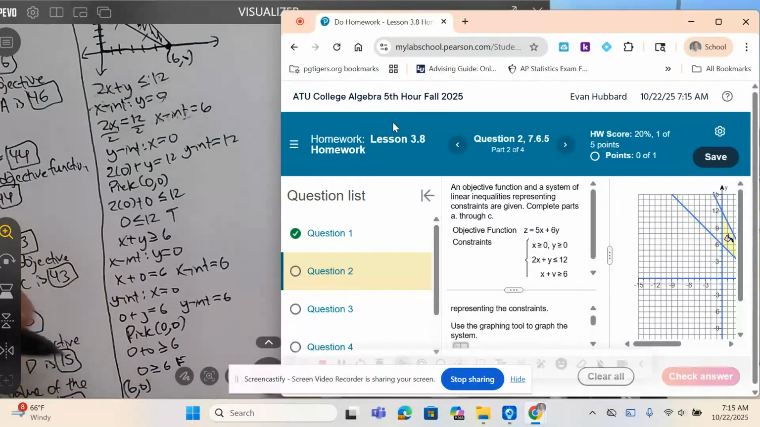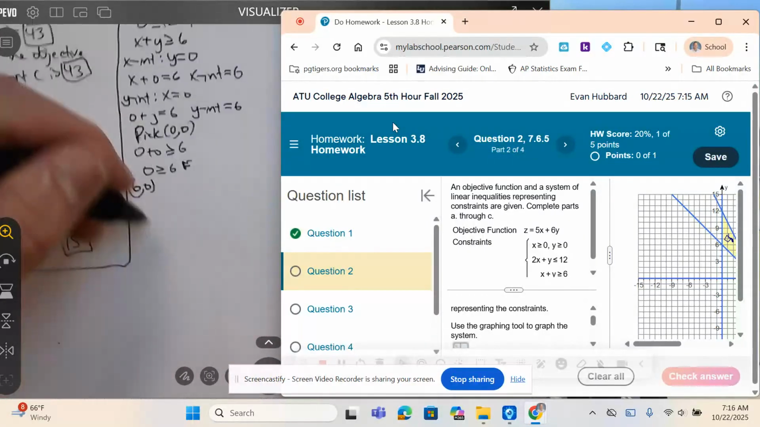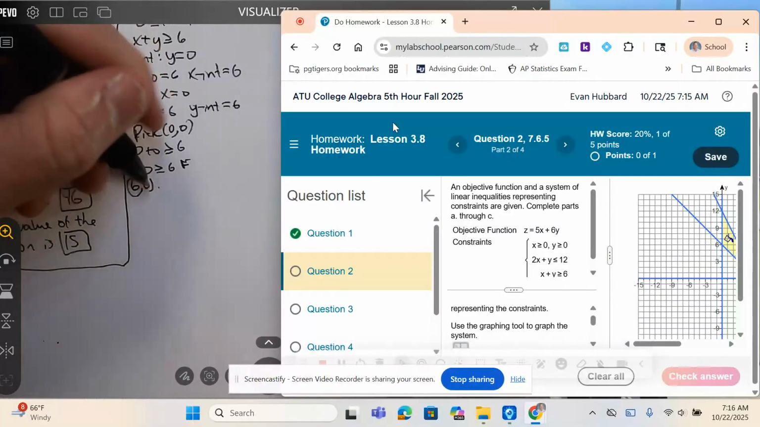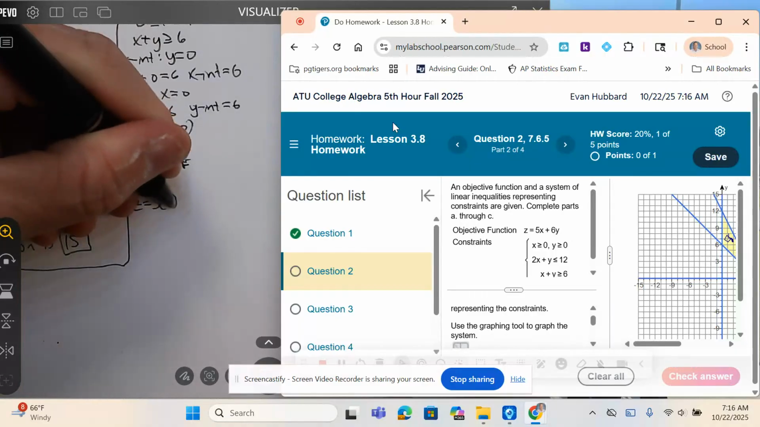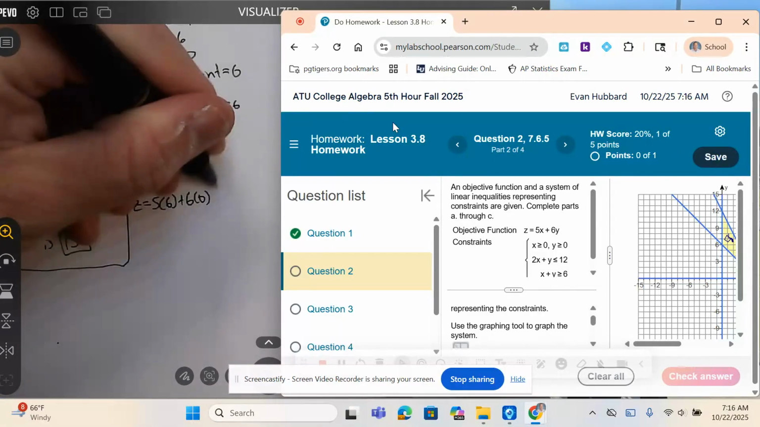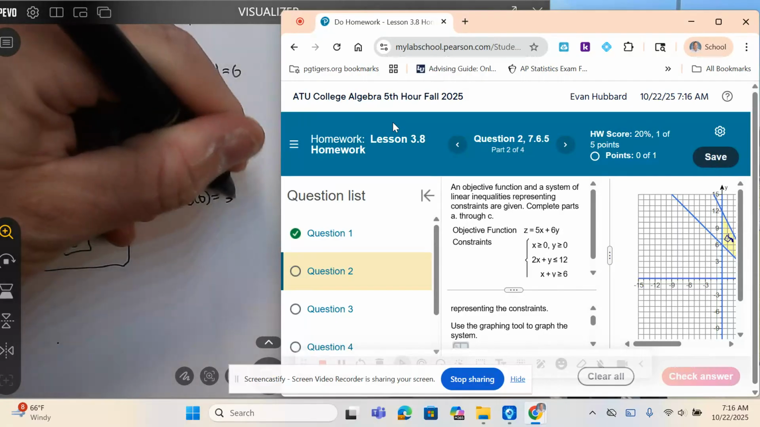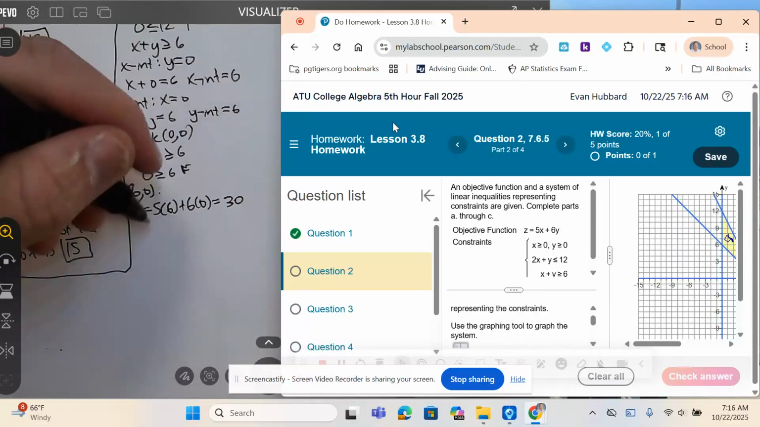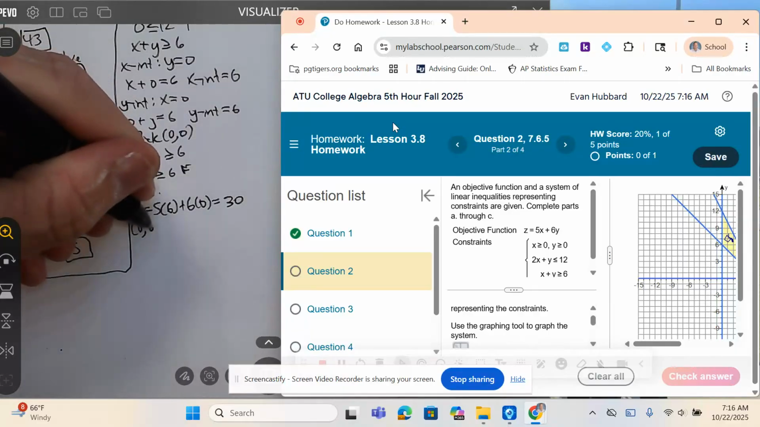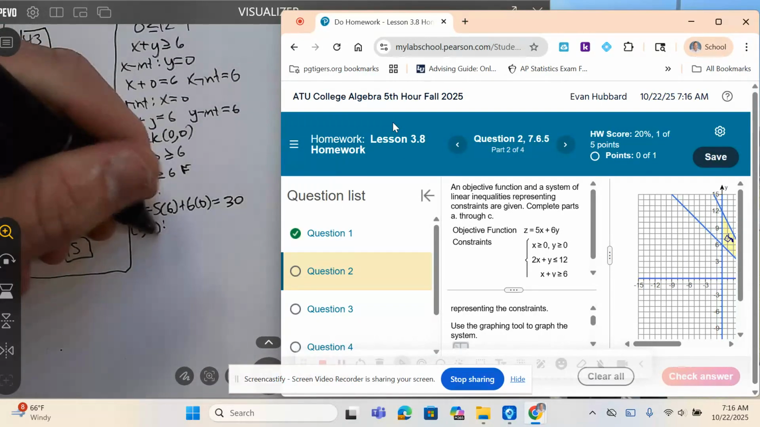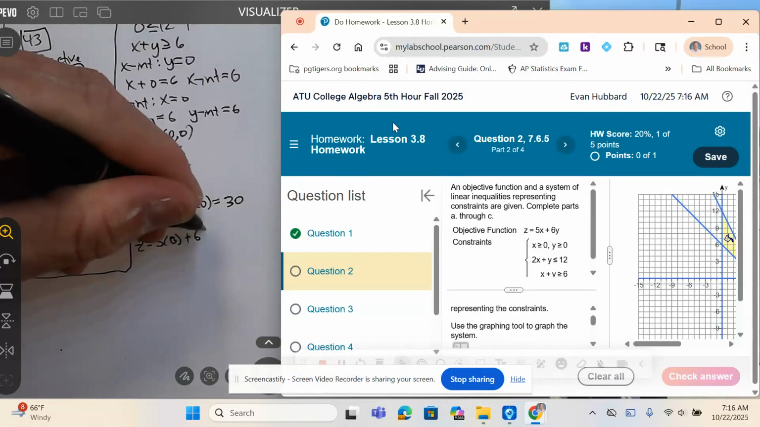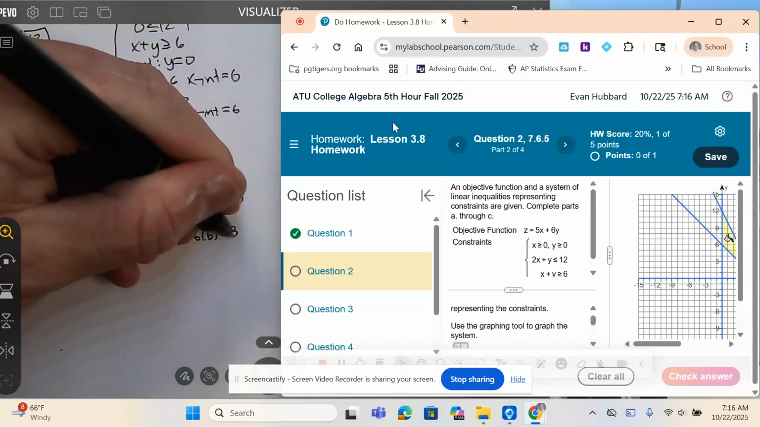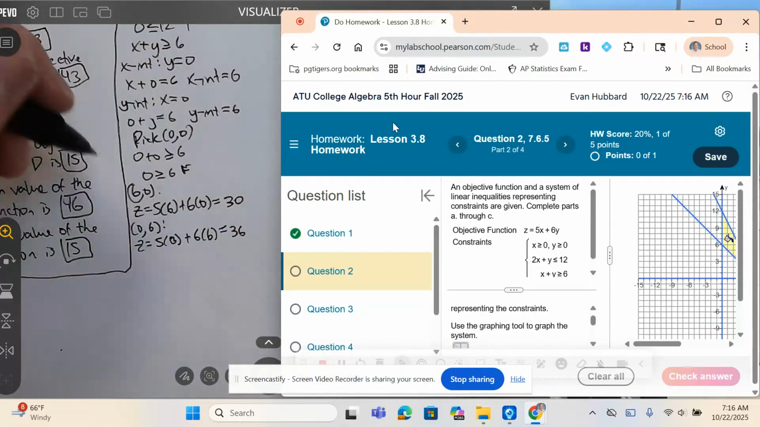I'll start with 6, 0, okay? So I'm going to plug that in for the objective function. So z equals 5 times 6 plus 6 times 0. It'd be 30 plus 0, which is 30. Okay, now let's do 0, 6. So z equals 5 times 0 plus 6 times 6. That's 36. And then lastly, we're going to do